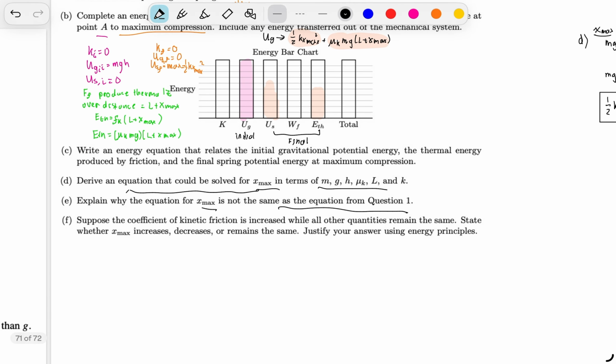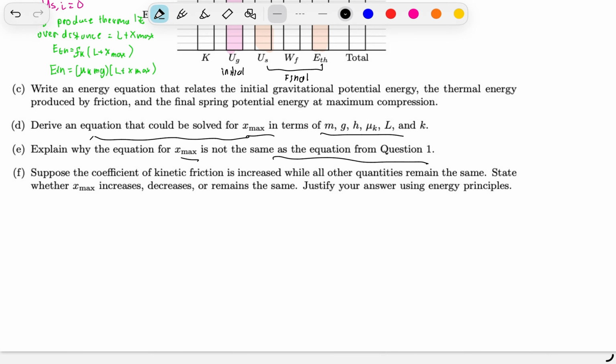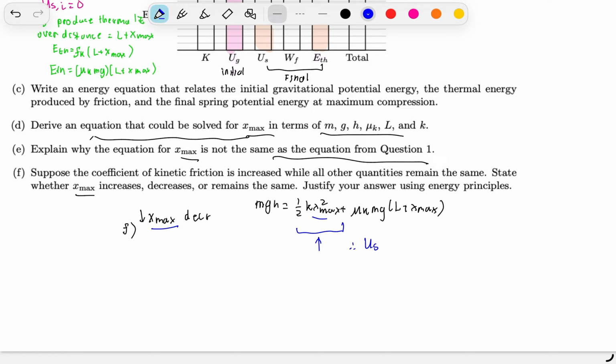Now, for question F, we are asked, suppose the coefficient of friction is increased while all other quantities remain the same. State whether X max increases, decreases, or remains the same. Justify your answer using energy principles. So we can tell that X max is going to decrease because we have from energy earlier, mgh is equal to 1/2 kx maximum squared plus mu k mg L plus X maximum. So if you increase your mu, which we see right here, this whole entire term is going to increase. Therefore, your US is going to get